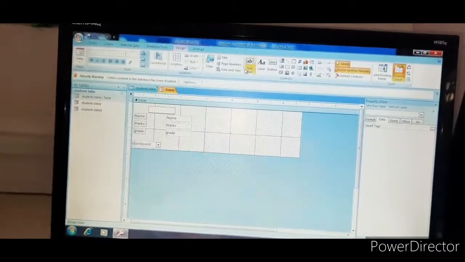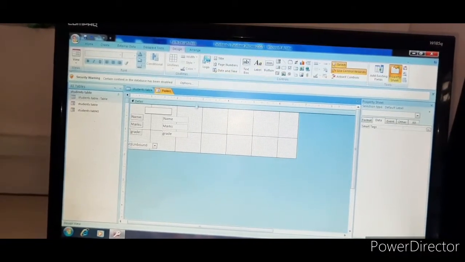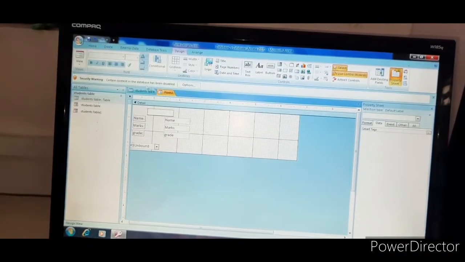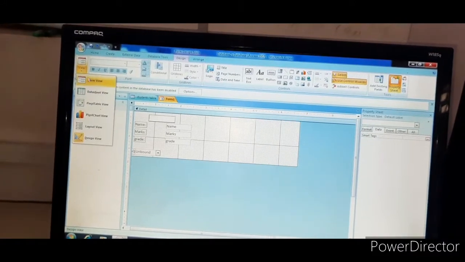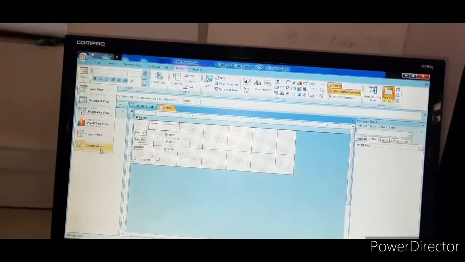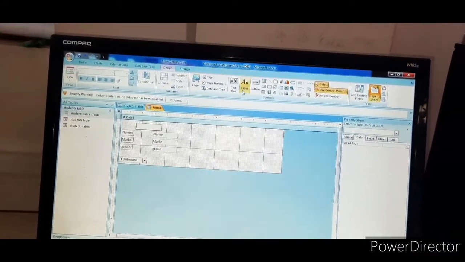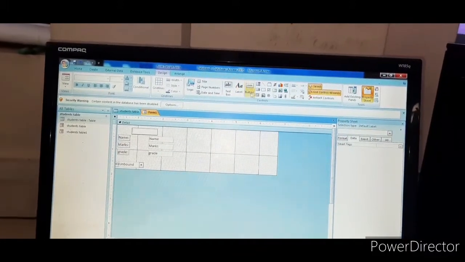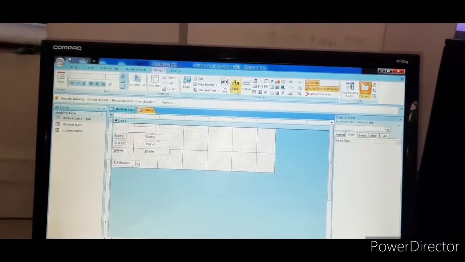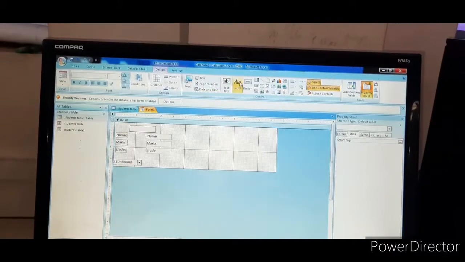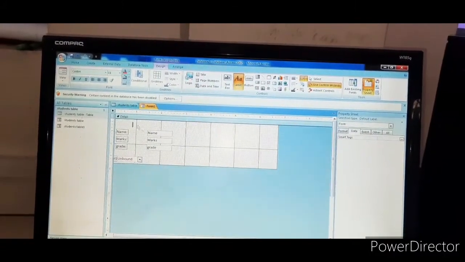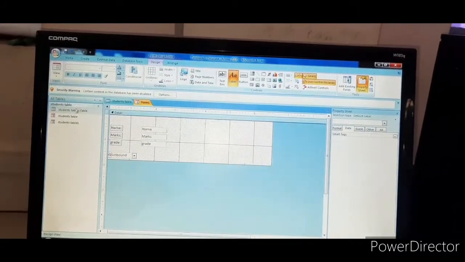See here children, to add a title to your form, go to the view option. In that view, just click on design view children. In the design view, the label option is there in the control group. Just click on the label, select it and click and drag wherever you want. See like this.